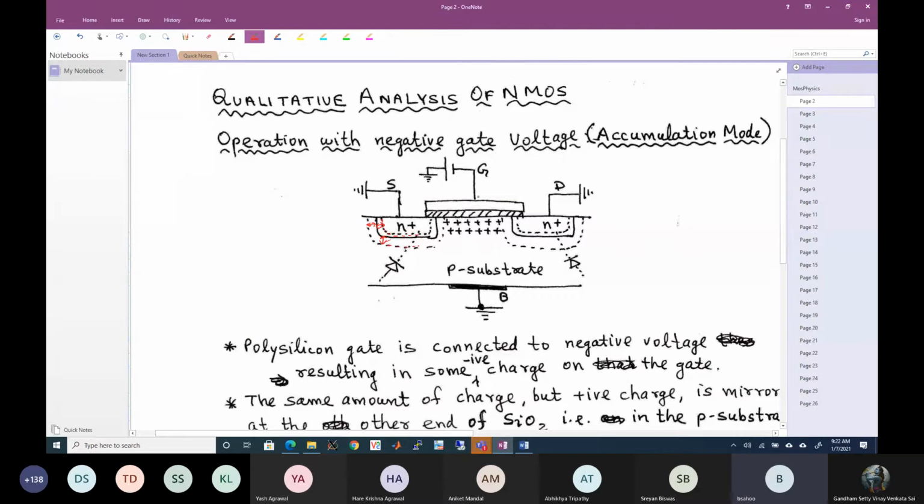Now let us start off. We'll analyze the scenario where the gate voltage goes from minus infinity to plus infinity. So we start off with a very negative voltage. When we apply a negative voltage onto the gate, and the drain and source are connected like this, and of course the substrate is connected to ground,